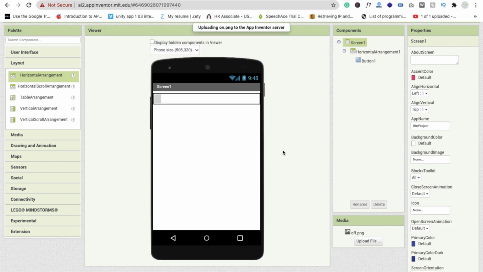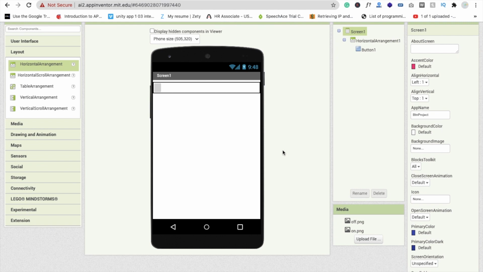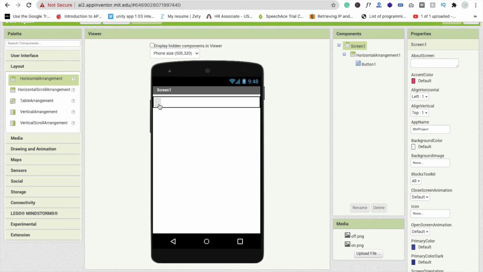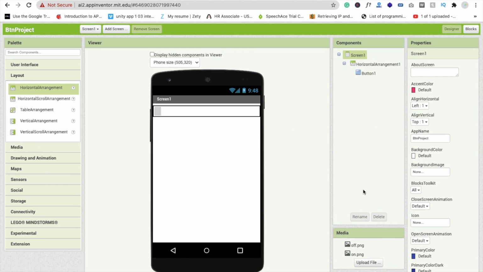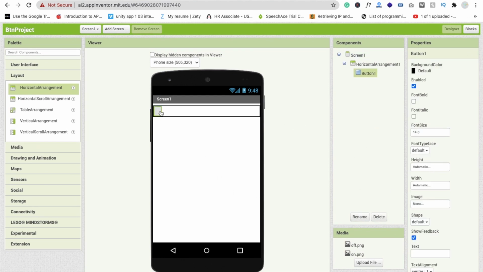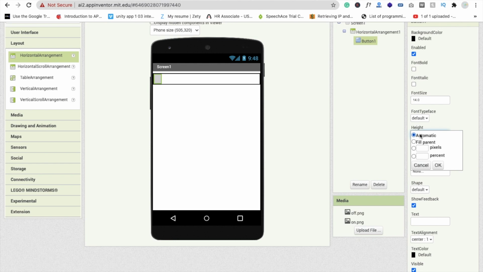Now we have to change both these images on this one button click, right? So what we will do, we are going to change this. Click on this button and make the height at least 50 pixel, not 50%, 50 pixel, and make the width 100 pixel like this.